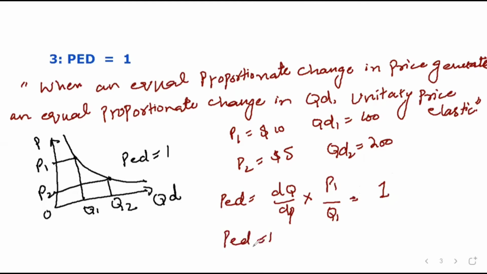If you want to take an example in real life, these types of goods are those goods which we can say are normal goods. When price increases, the demand increases, and when price decreases, the demand decreases in the same proportion. So those are the PED equal to 1 examples. Okay, next moving on. This is the fourth type that we are going to explain here. PED equal to 0, perfectly price inelastic demand.